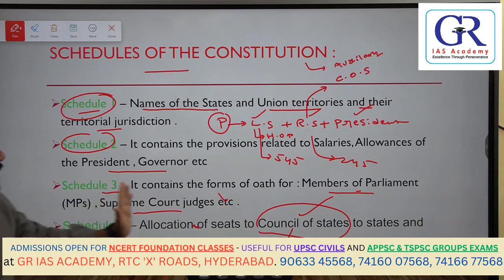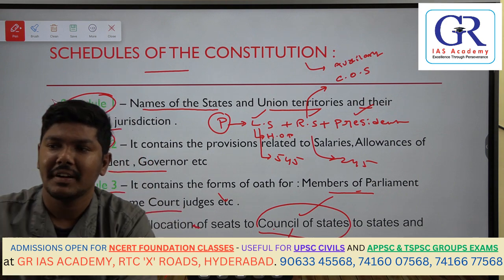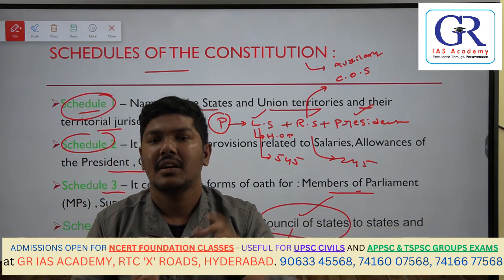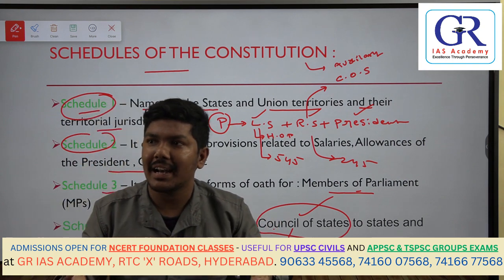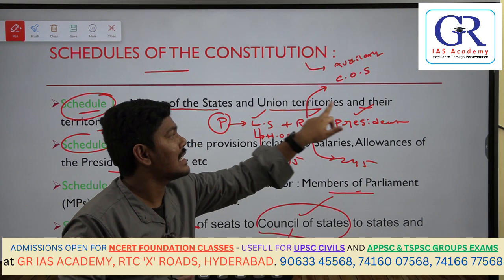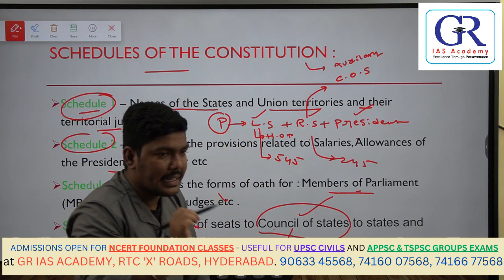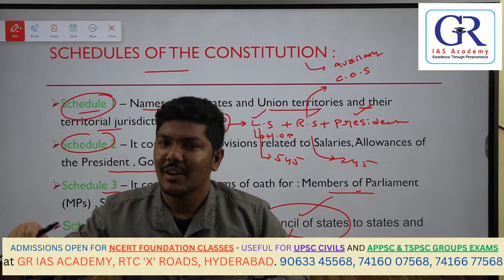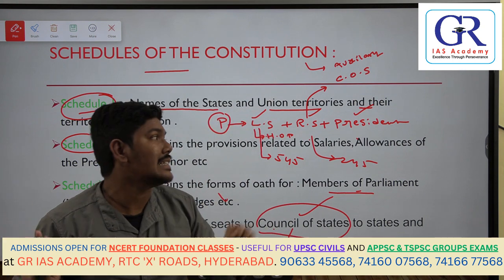So now, Council of States means whether it is Lok Sabha or Rajya Sabha? Rajya Sabha. The other name of Council of States is Rajya Sabha, and the other name of Rajya Sabha is Council of States. Lok Sabha is also known as House of People. And what constitutes Parliament? Parliament includes Lok Sabha plus Rajya Sabha plus President. So please be very clear. Which of the following constitutes the Parliament? A. Lok Sabha plus Rajya Sabha only. B. Only Lok Sabha. C. Only Rajya Sabha. D. Lok Sabha plus Rajya Sabha plus President is the correct answer that you need to mark.